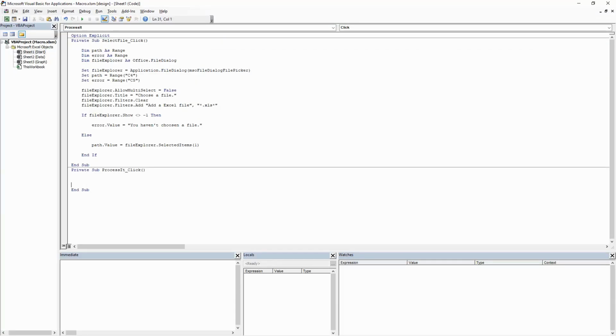Like in the previous sub, we start by declaring variables. Then they are assigned references. We have 2 variables for references to the opened workbook and the data workbook.